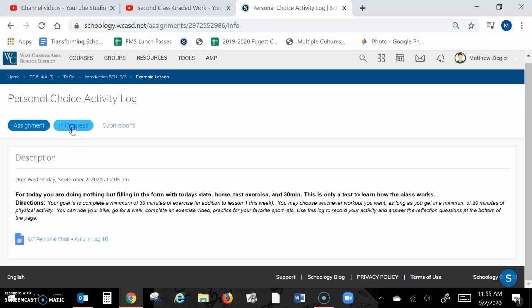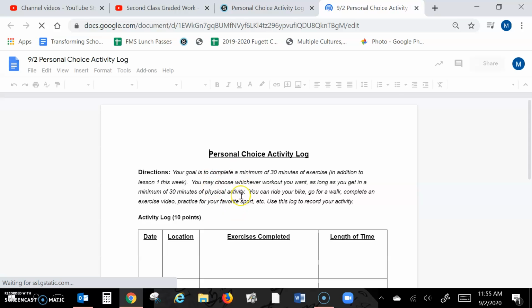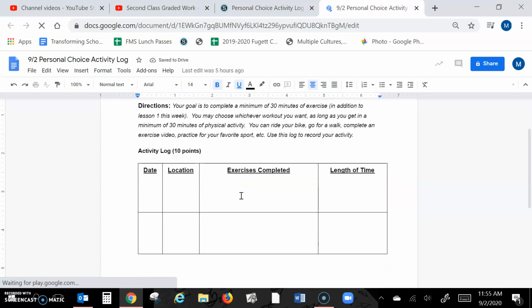So all you have to do is here where mine says in progress, yours will say my document, open it up to where you see the Google Doc. You're not actually doing any exercises, but here in the date, you're putting today's date, your location is home, we're calling it test exercise, and you're saying the length is 30 minutes just to show that you can fill out